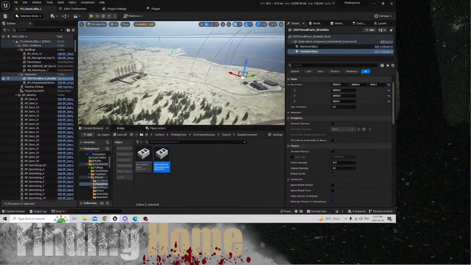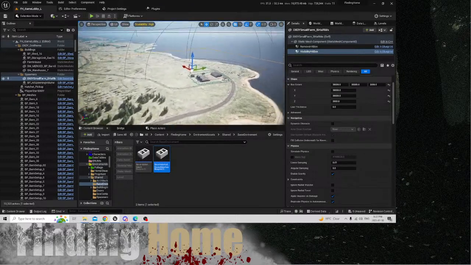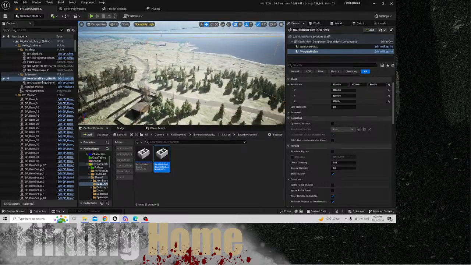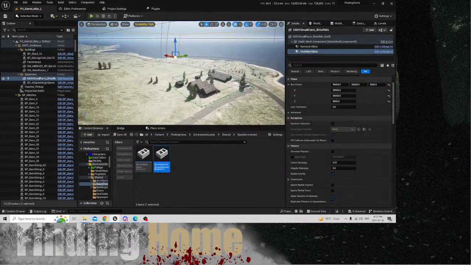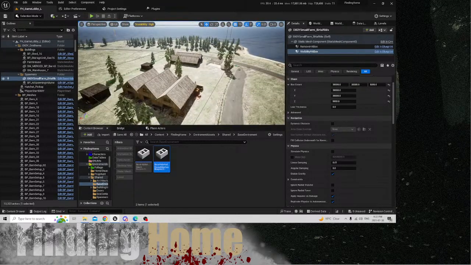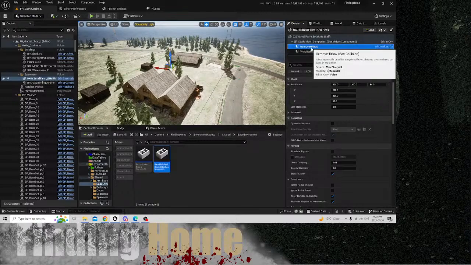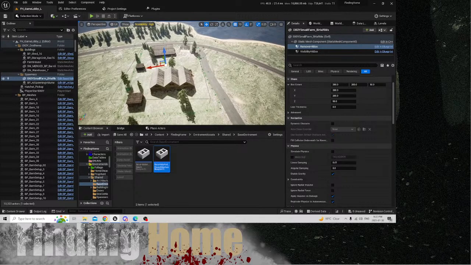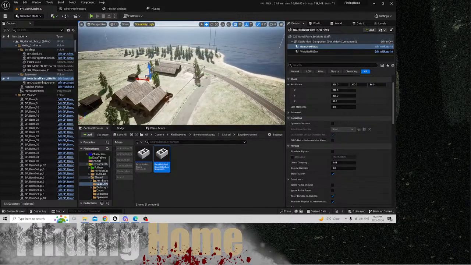So they're going to trigger that box with their feet or their vehicle. If they're flying above, we'll do 5,000. We're going to have choppers and stuff at some point, maybe. There we go. And then our remove box is going to be just like this box here. Once they're inside the remove box,